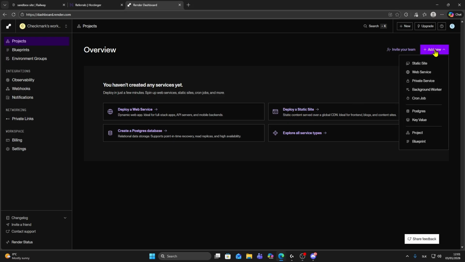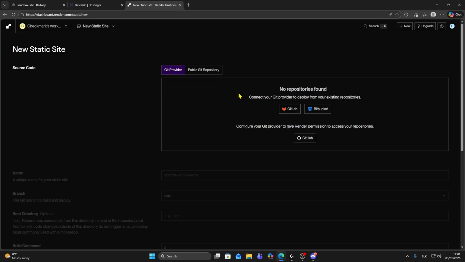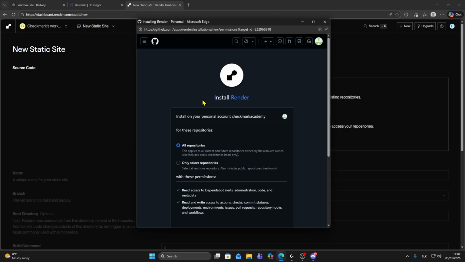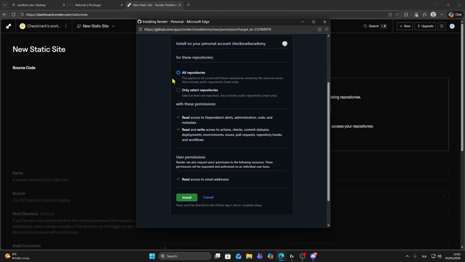You can also click on add new and you can choose from here. So I will deploy static site and then you just want to click on GitHub. And then you want to install Render, so you can choose if you want to allow all repositories or only specific repositories. Then you just want to click on install,